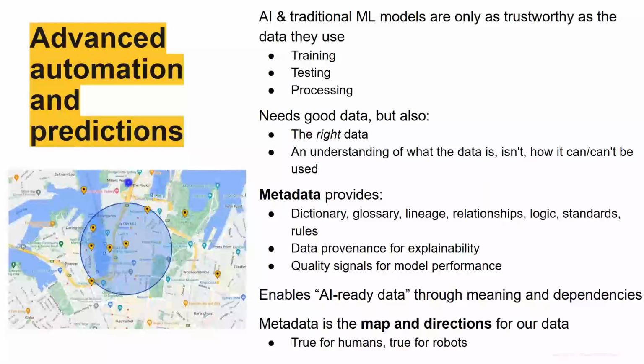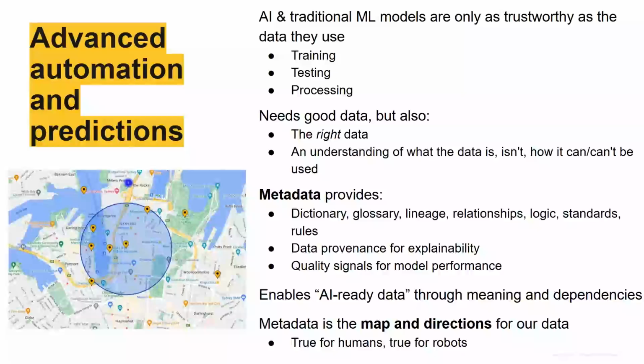Okay, so there's going to be a few different AI presentations at this conference, and if you really listen to them, think about them, there's going to be an emphasis on the requirement for the data itself and metadata describing that data. The models aren't any better than the data that they're utilizing. So AI, traditional ML, however you want to look at it, there's some things in common. They're going to use data in different ways.